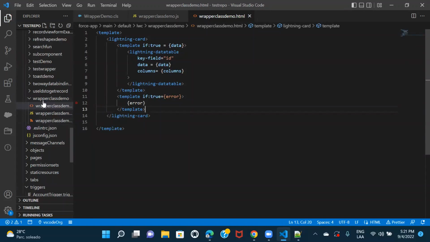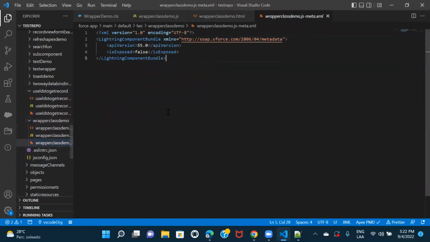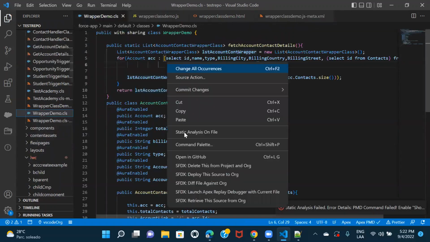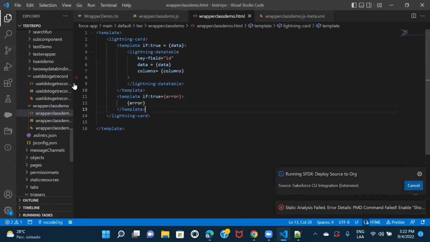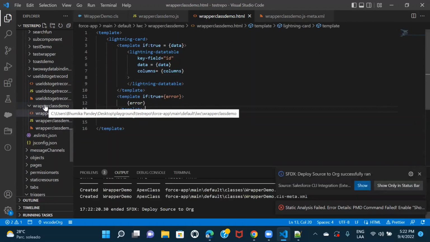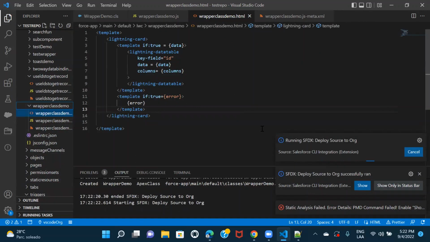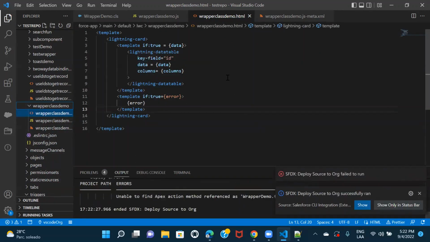Let me copy the meta file from somewhere. Let's say this one. And let's deploy the class, and then the component. So here you can see that I have simply used lightning data table, right? But there would be